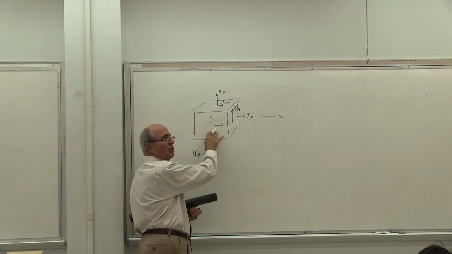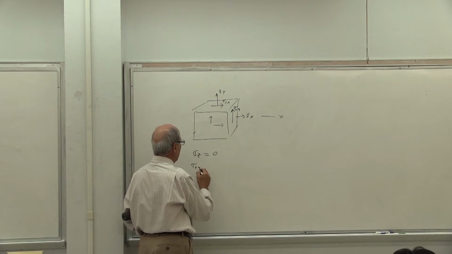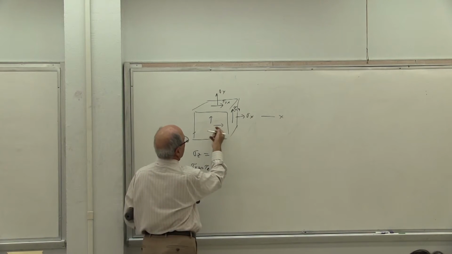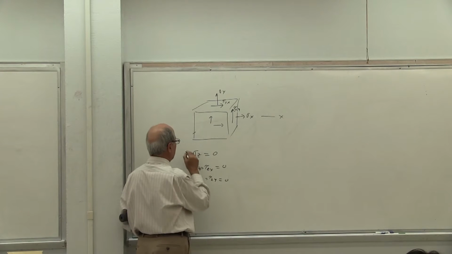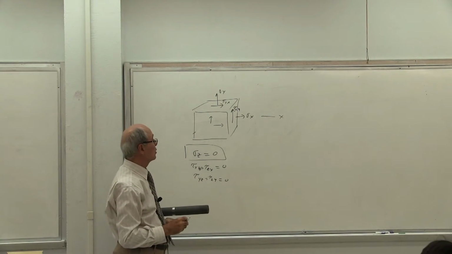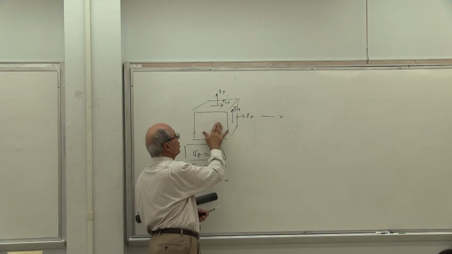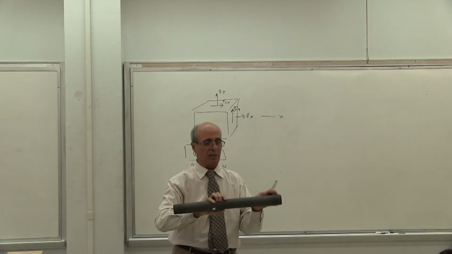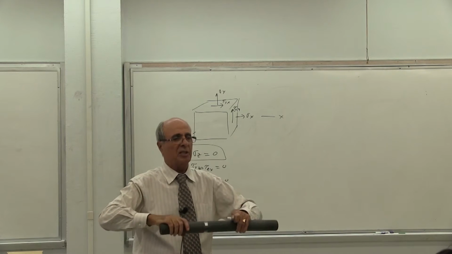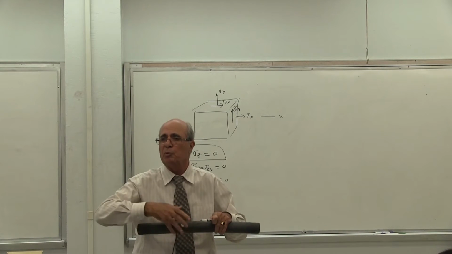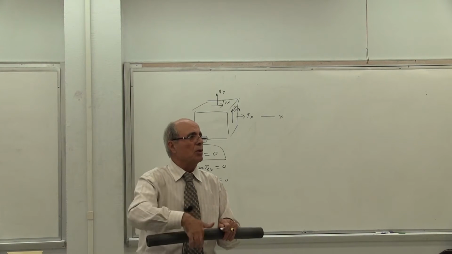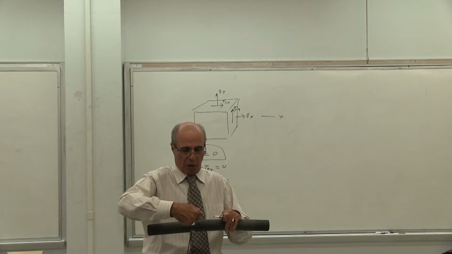Also, tau xz equal to tau zx must be equal to 0, and tau yz equal to tau zy must be equal to 0, but I don't care about that much for today's discussion. In other words, there is no stress on this surface as you see it here. You pull it, twist it, whatever you do to this, nothing is coming this way. Everything is coming either this way or that way. Even if you put pressure inside, it is going to go this way and that way. Therefore, nothing from the z side.